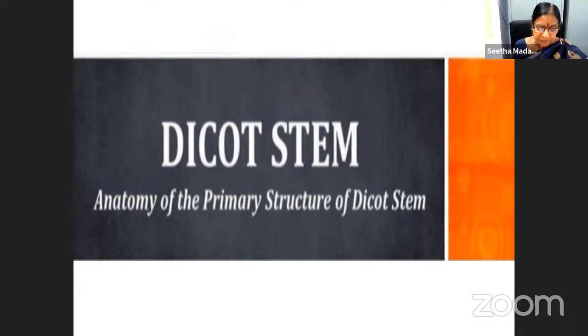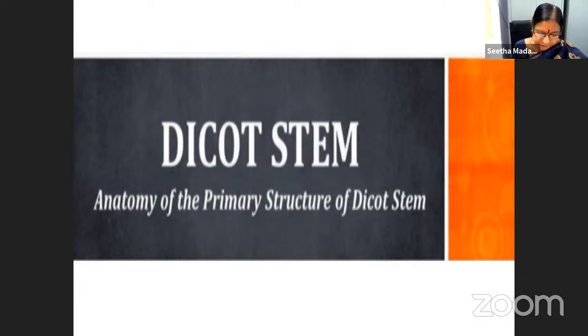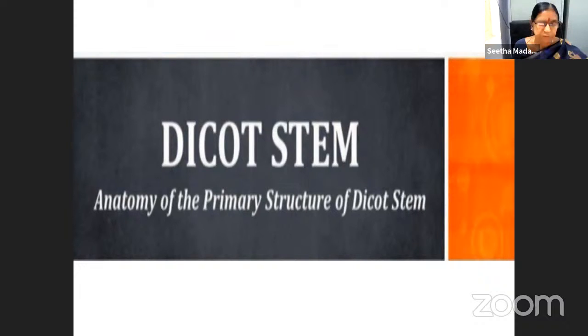First of all, what are dicots and what are monocots? Dicots are the plants which possess the seeds with two cotyledons and roots with a taproot type of root system and leaves with reticulate venation and flowers pentamerous and tetramerous. And examples for these dicotyledonous plants are mango, that is Mangifera indica, then sunflower Helianthus annuus, and China rose Hibiscus